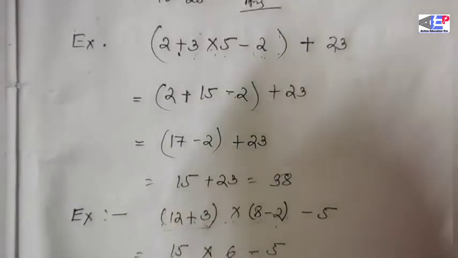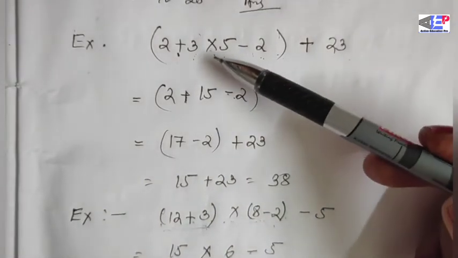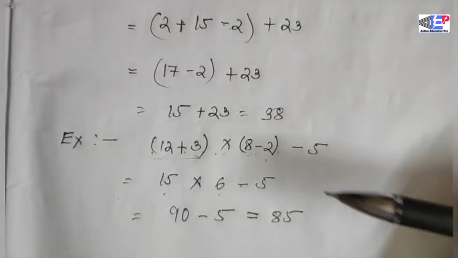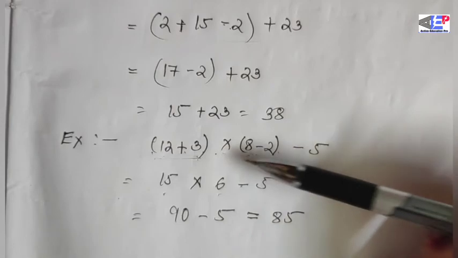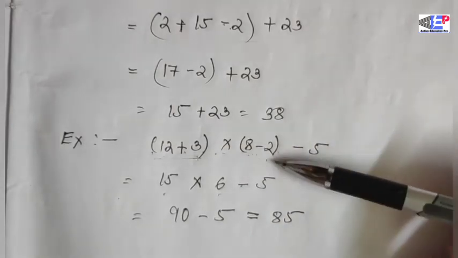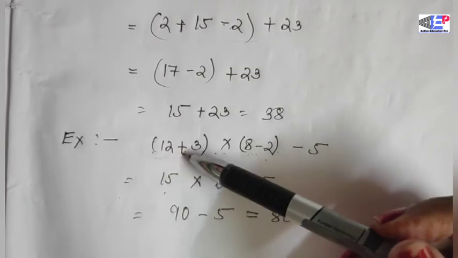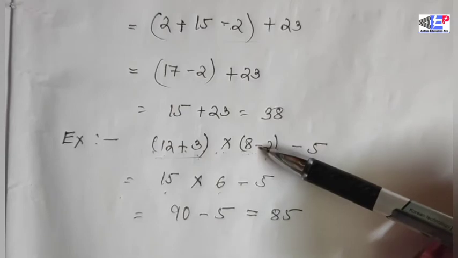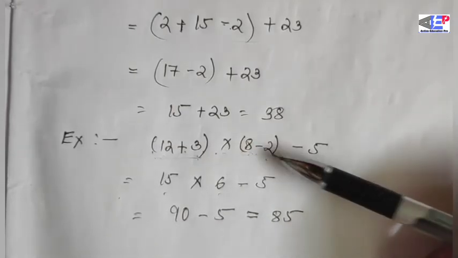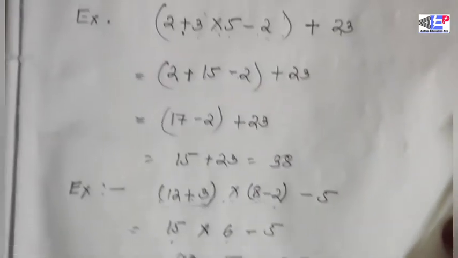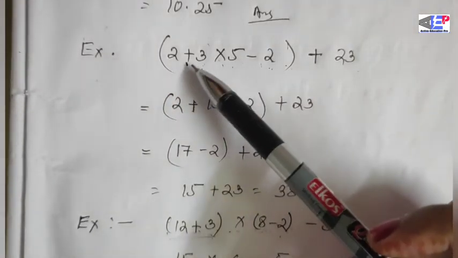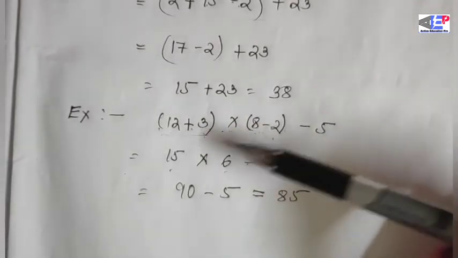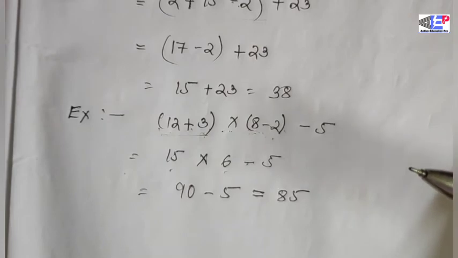See the difference. In this question, we first multiply, add, then subtract. But in this question, because there are two brackets, for an addition operation there is a bracket, and for a subtraction operation there is again a bracket. In the previous question, there was one bracket for all three operations. But in this question, there are two brackets for three operations. So their answer is changed.